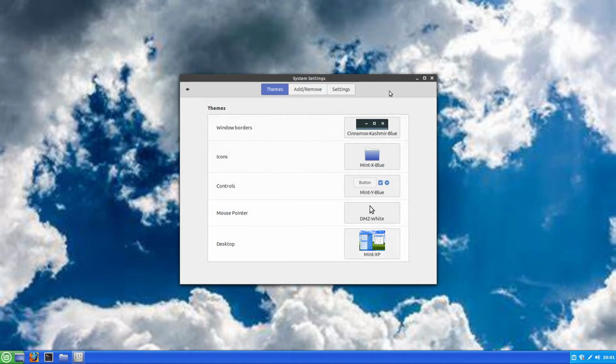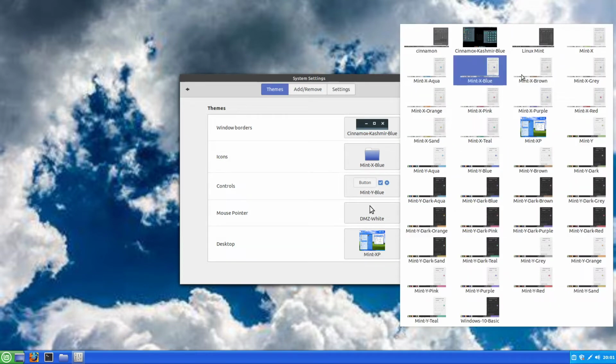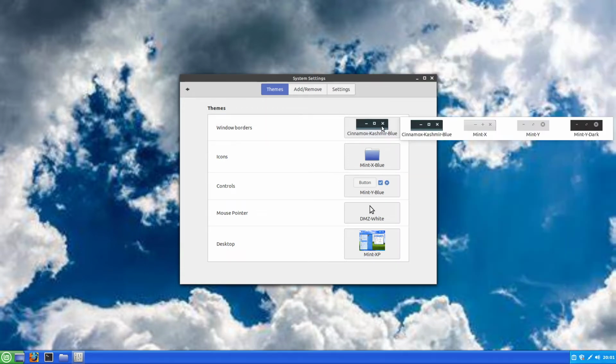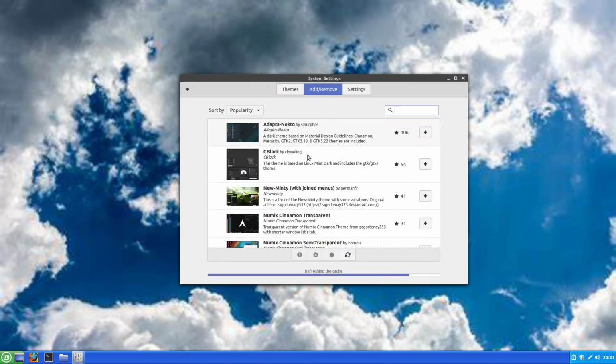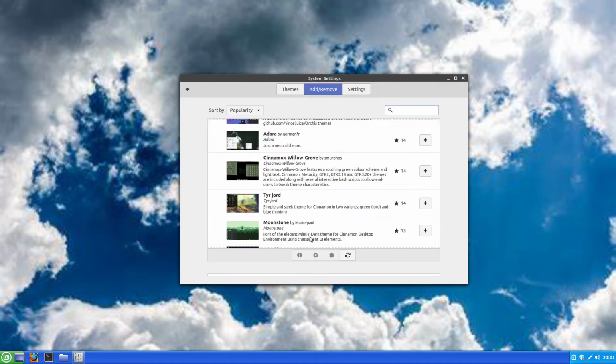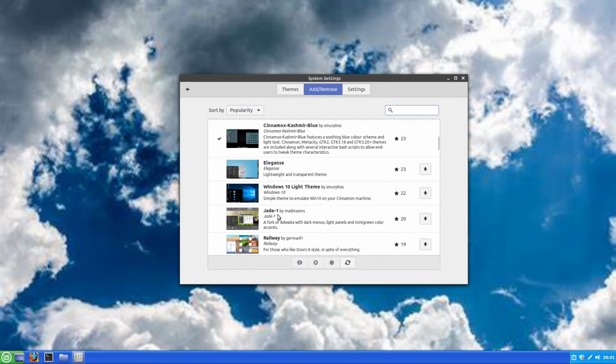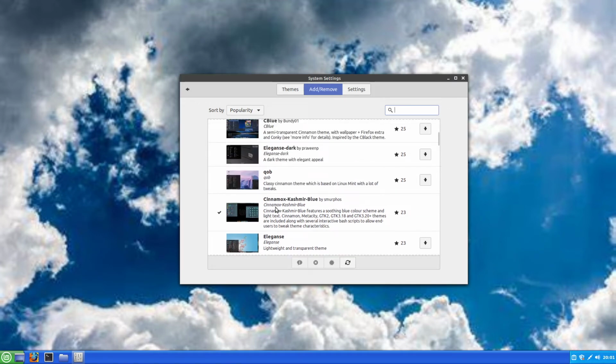Now, you click on the Windows borders, icons, controls, mouse pointer, and desktop, and you can pick whatever you want. You can mix and match these as much as you please. But there is add and remove here in the center. Click on add and remove. Scroll down and find some cool looking stuff with some cool looking colors. Now, these are just things that people have made. They may or may not be your fancy,